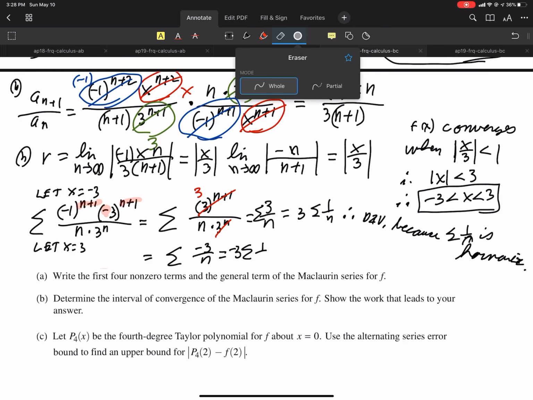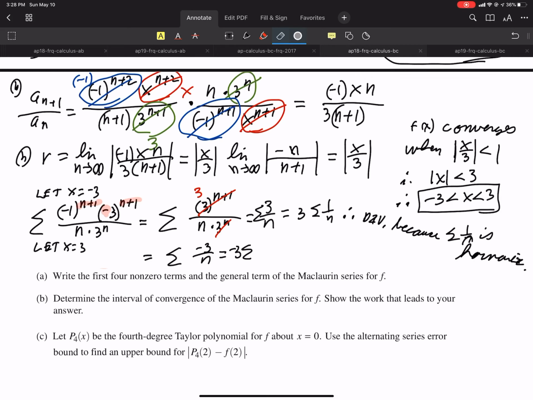I can pull the 3 out. I'll take the 3 out, and negative 1 over n. Now there's a theorem that says an alternating harmonic series converges. So you could say therefore converges because it's an alternating harmonic series, or you can say this is an alternating series